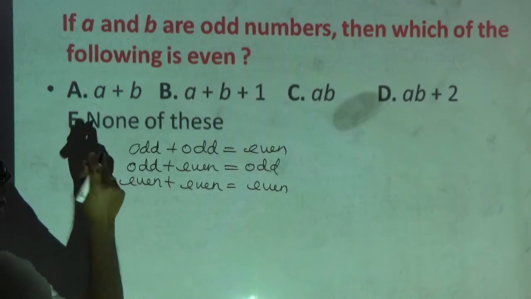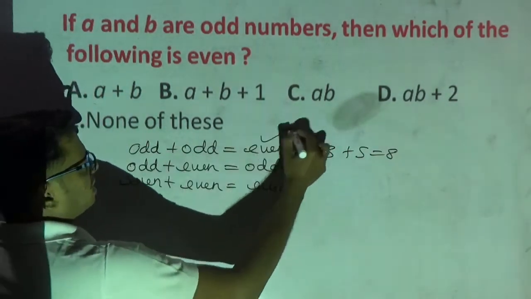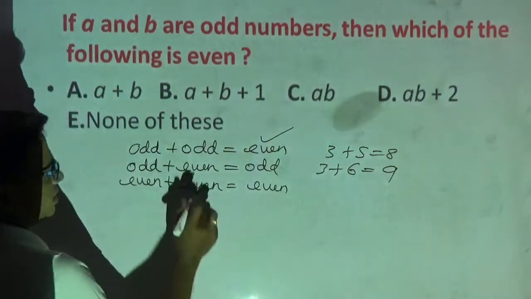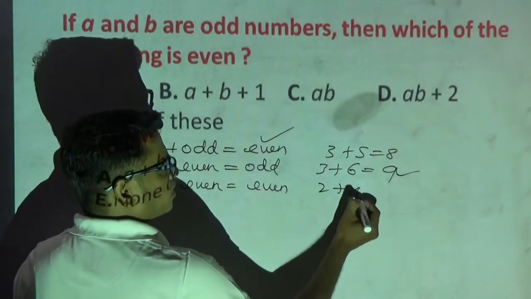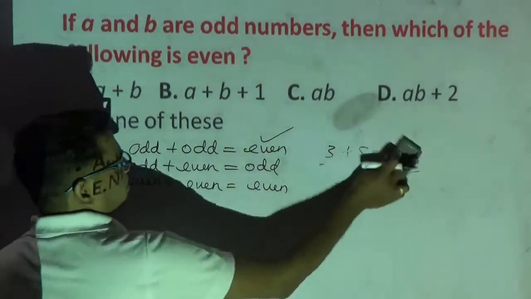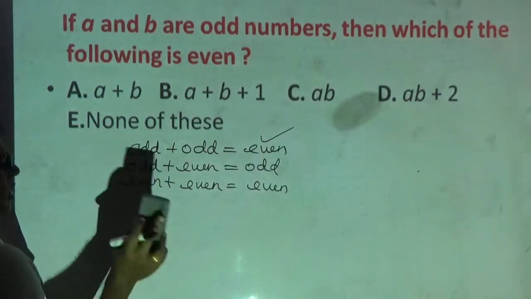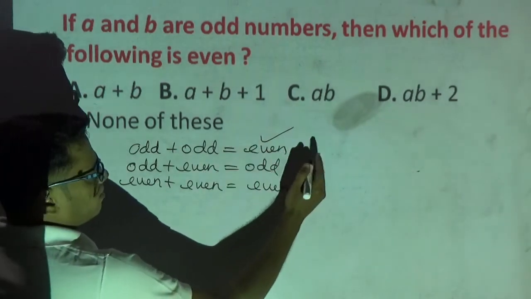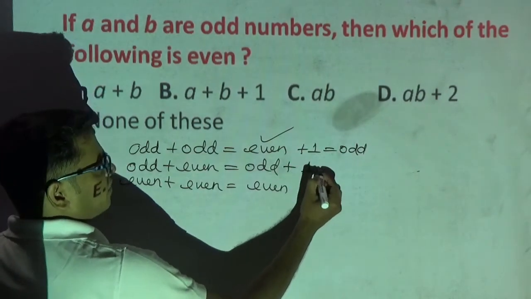I will give an example also. Take any two odd numbers, 3 and 5. Add them and it becomes 8. I told you odd plus odd is always even. Odd number plus even number: 6 plus 3 is 9. See, odd plus even is always odd. Then even plus even: 2 plus 4 is 6. That is why I told you to write down that odd plus odd is always an even number, odd plus even is an odd number, and even plus even is even. Now, for your even number, if we add 1, what will it become? Odd number. For your odd number, if I add 1, what will it become?